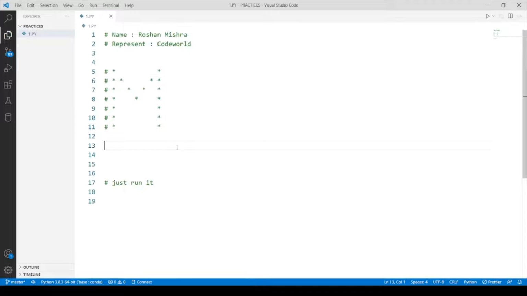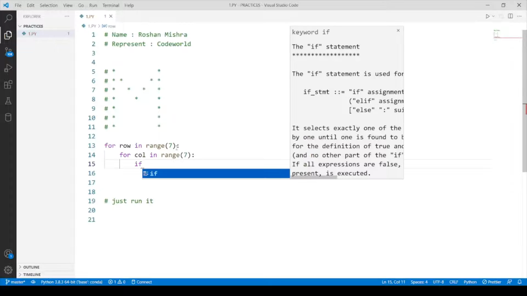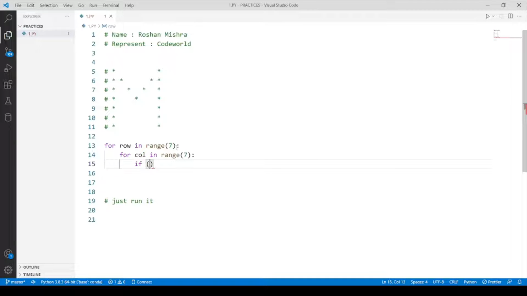So first of all, for the first loop, for row in range of 7. Then second, for col in range of 7. Then our condition starts here.